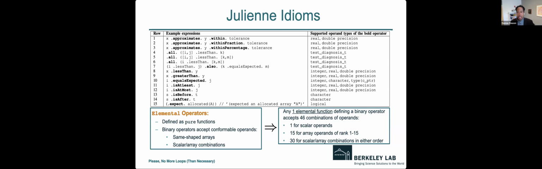Now, here's the really significant thing, getting back to an underutilized feature. Most of the operators in Julienne are elemental. So remember earlier I said that you write the procedure as if the arguments are scalars. So probably when you read that first line in this table, you might be thinking of X and Y as scalars, but they could actually also be arrays. In fact, they could be one-dimensional, two-dimensional, all the way out to the maximum, which is 15 dimensions for an array, rank 15. And so if you think about the implications of that in terms of code compactness and robustness,